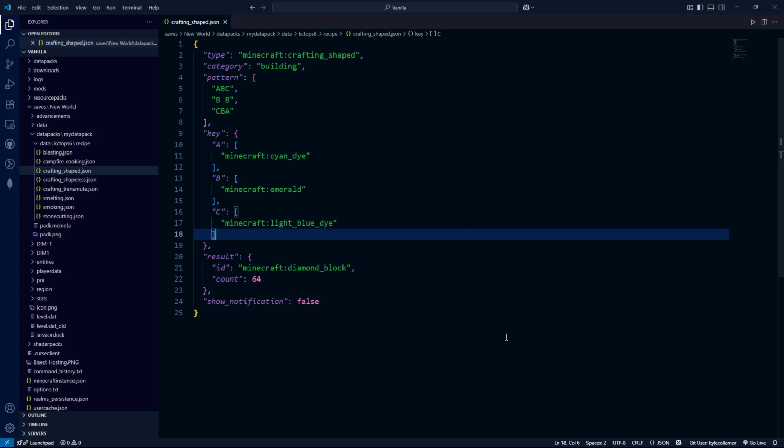Crafting shaped is used in the normal 3x3 crafting table when you need a specific configuration of items. An example of a shaped crafting recipe are the various tools and armor pieces. So with that in mind, the next key value